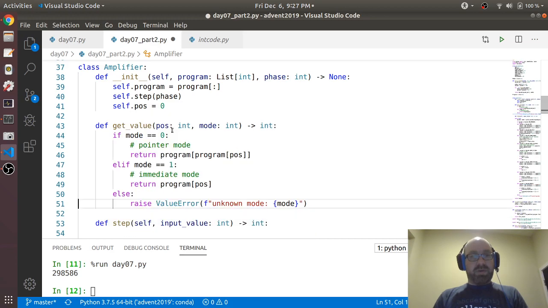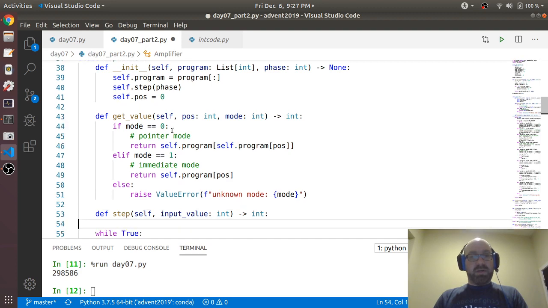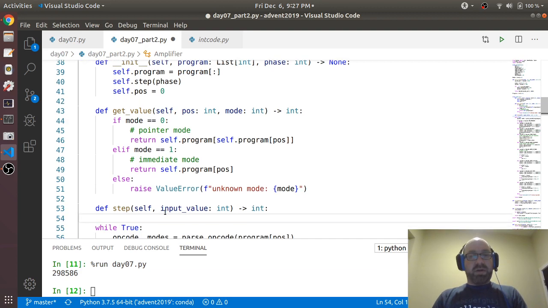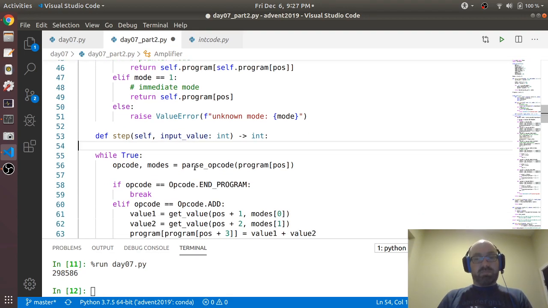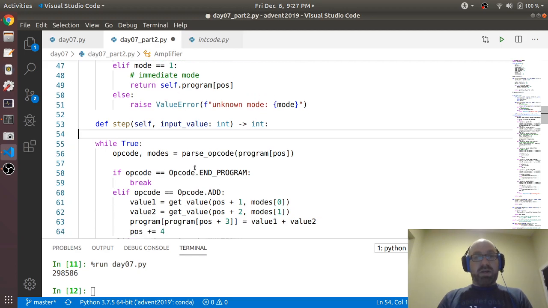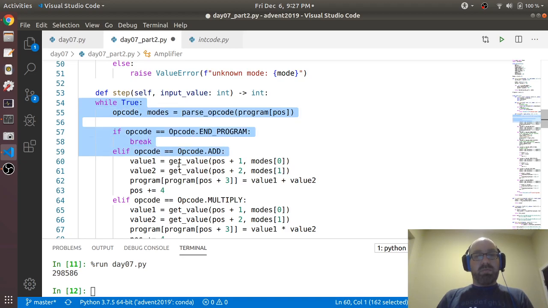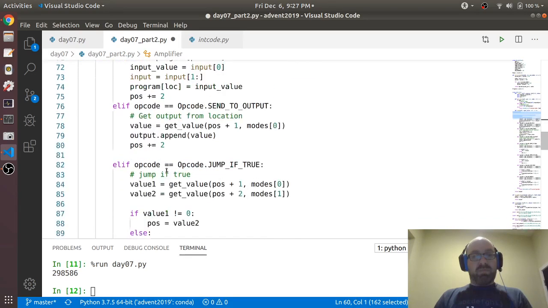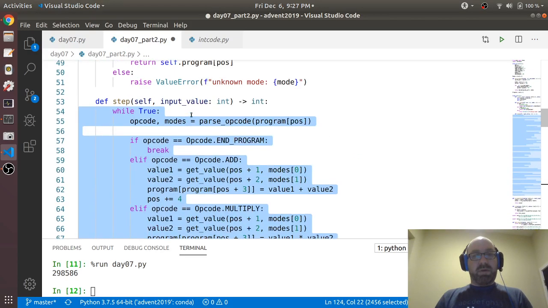So first I will make this a method. Mode equals 0, return self.program pause. Otherwise, return self.program pause. So now I have this get value, and now I want to step with some input value and produce an output value. And what I want to do is the following. I think I still want this whole thing, except that